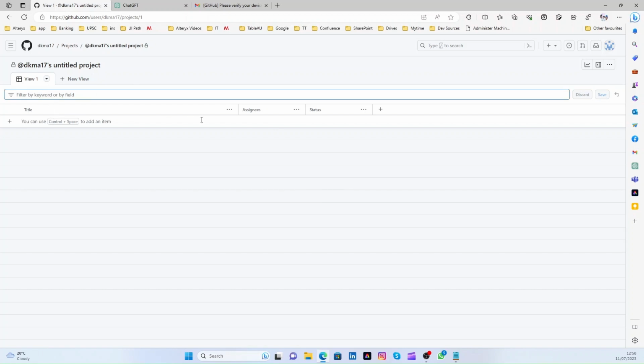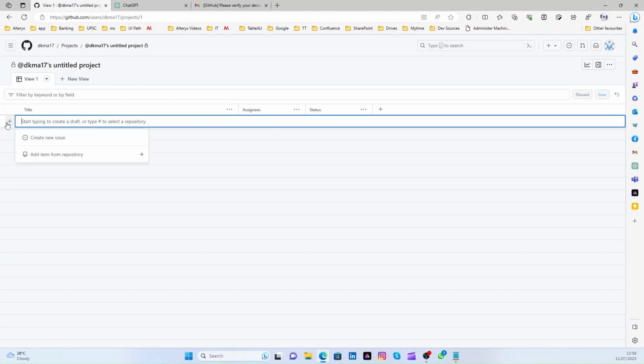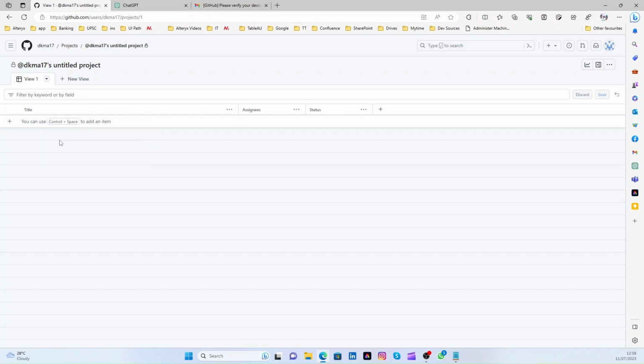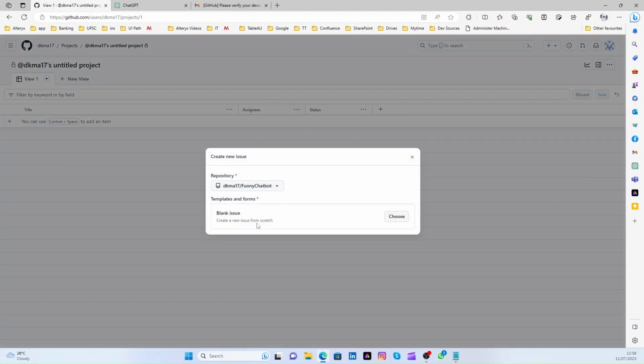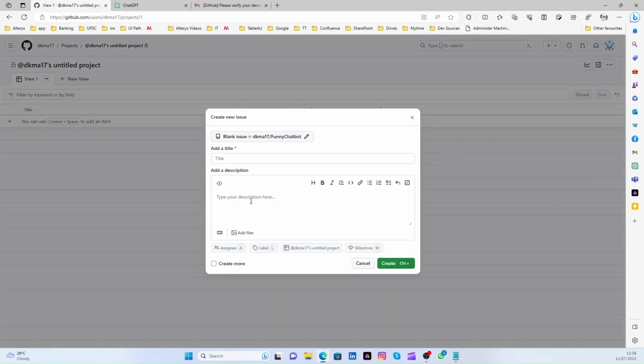View one. Okay, what can I do? I can just click on create a new issue. Okay, create a new issue, blank issue. Let me choose from some blanks. Okay, I will add some title. Okay, create my